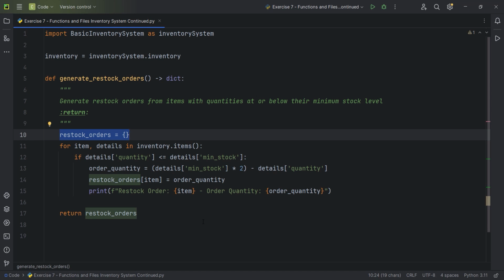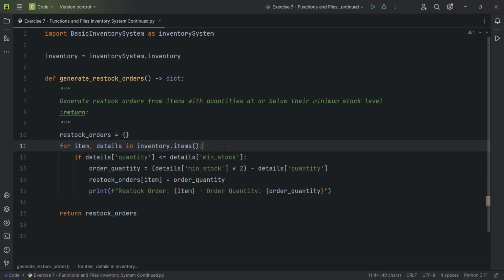Next, for each item in the inventory right here, using this for loop, we check if the quantity of that item is less than the minimum stock required. Now remember, the .items returns two things: first it returns the key, and then it returns the value. But remember, the value in here is a dictionary in and of itself. So we access the quantity key